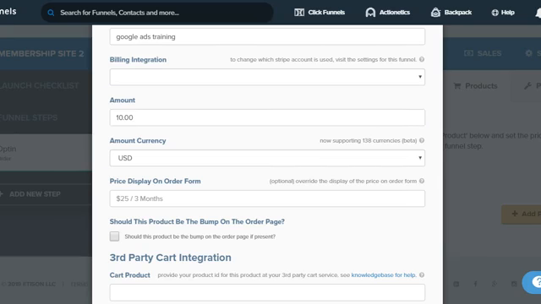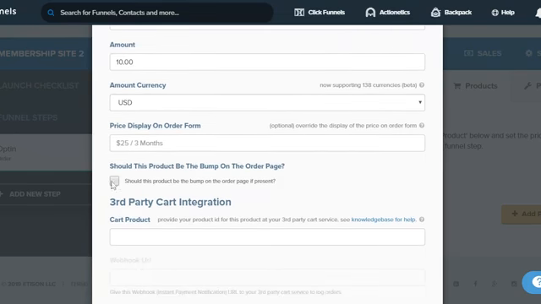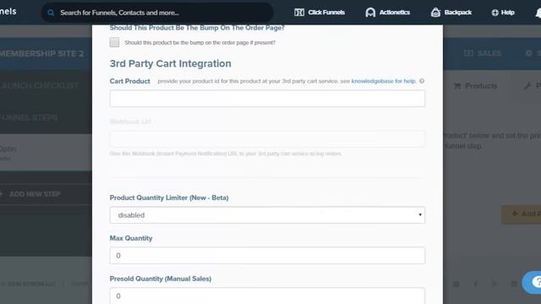Third-party integrations. Should there be a bump on this order page? So this is not the one we want to create a bump order for yet. And then